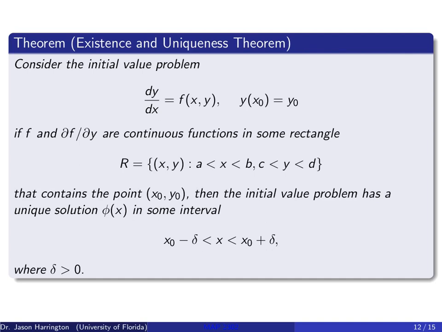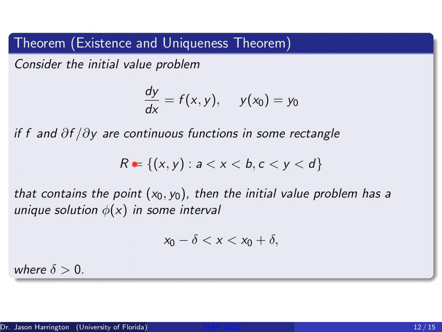In this case, I'm going to consider the initial value problem, the IVP, of dy over dx, so it's a first order ODE with one initial condition, so at x naught I get y naught. Now there's only a couple things you really have to consider. First of all, this function f must be continuous at this point and around this point. And the derivative of f with respect to y must also be continuous around or near this point.